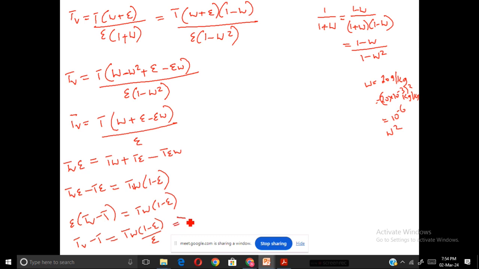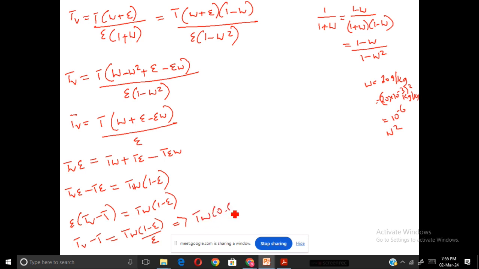It will become (1 minus epsilon) by epsilon. We can calculate the value. We know the value of epsilon, which is 0.622, so (1 minus 0.622) divided by 0.622 will give a value of approximately 0.61. So this will become